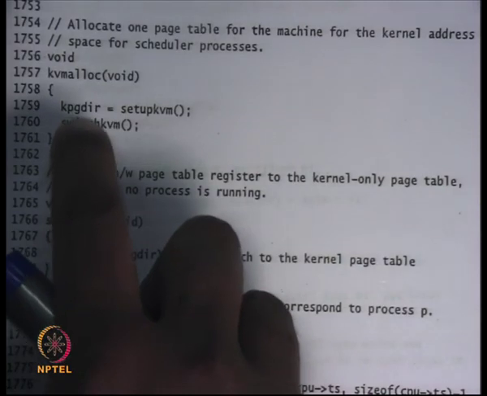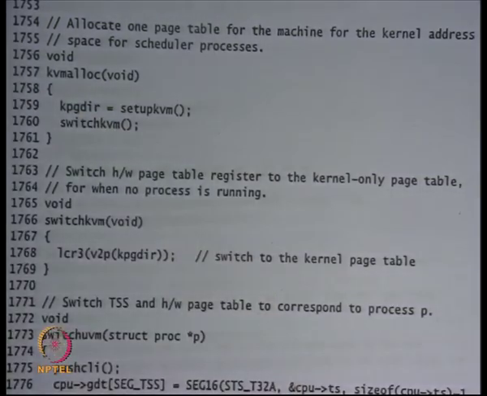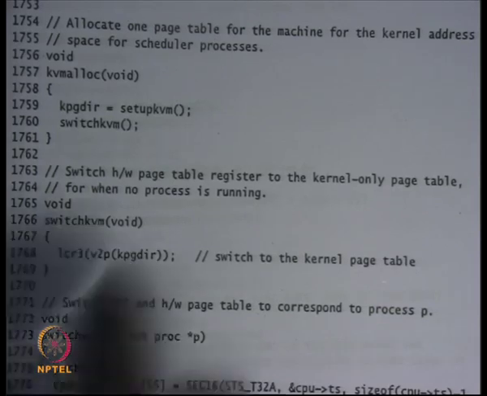That returned pointer will be a virtual address in the kernel space, right, because everything in the kernel from now on is in the virtual address. When you allocate a page, the return value that you get is also a virtual address. So if you want to convert it to a physical address, you need to subtract KERNBASE, 2 GB, from it, right.